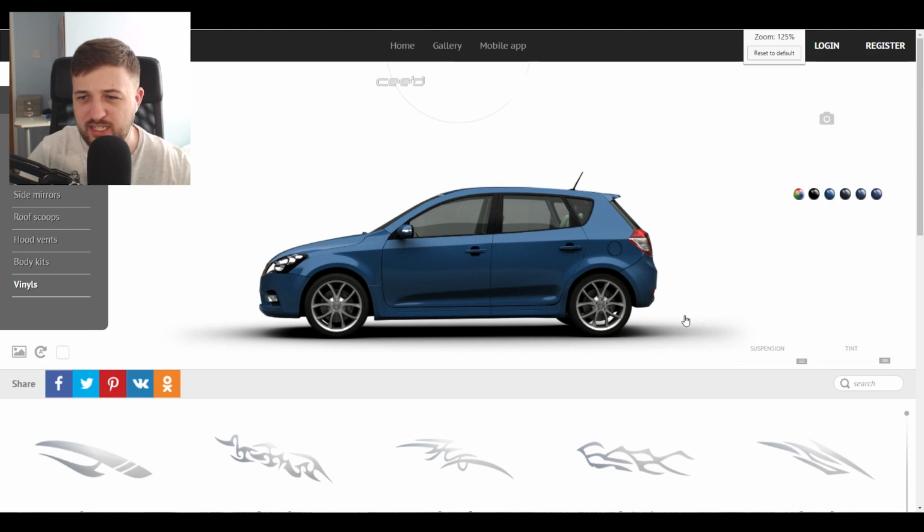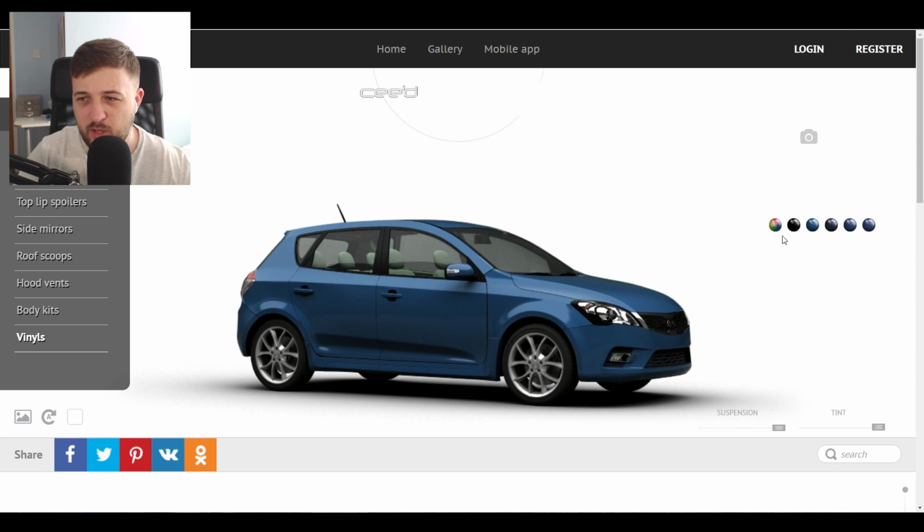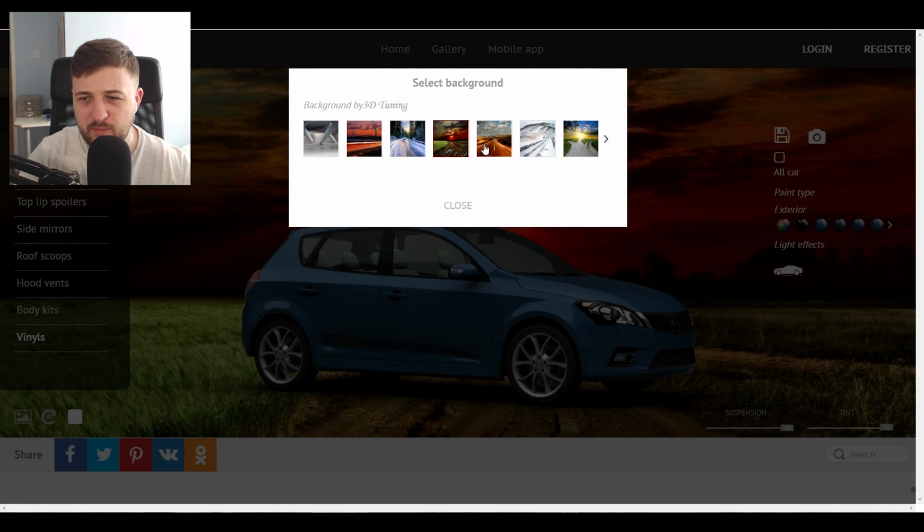Can I zoom in so I can see the car a little bit better? It sort of does pixelate it a little bit. I want to be able to select the whole car body color. What does this do? Auto rotate. Oh, we can change the background to something a bit more...